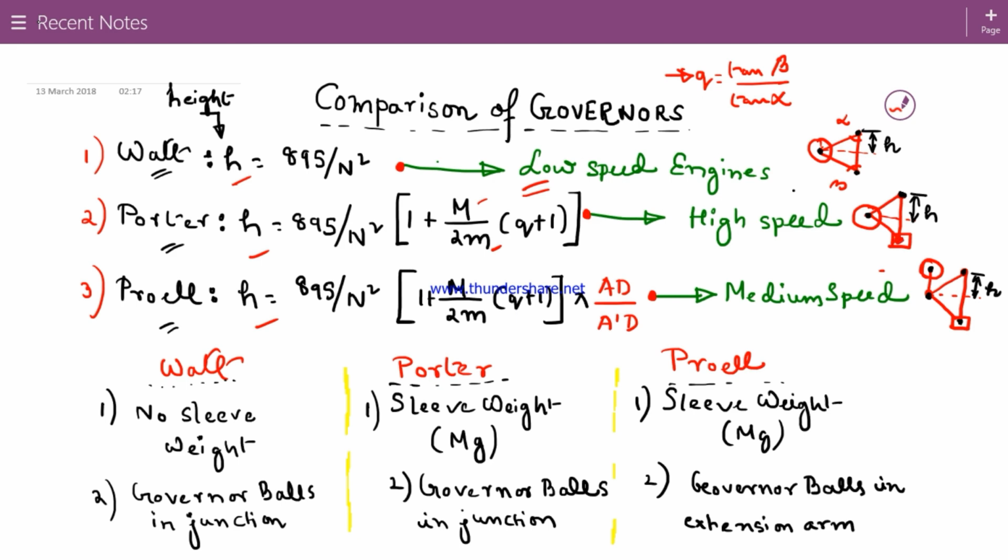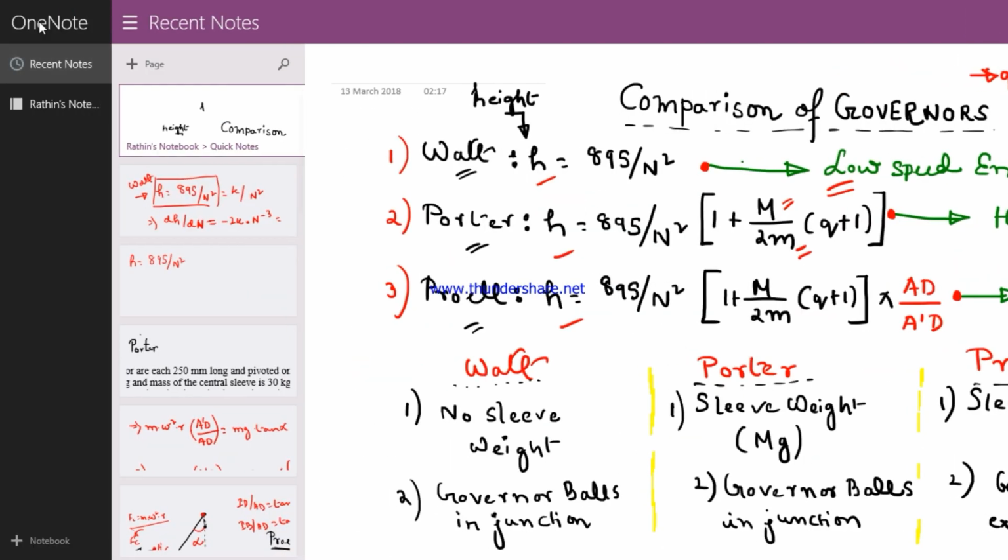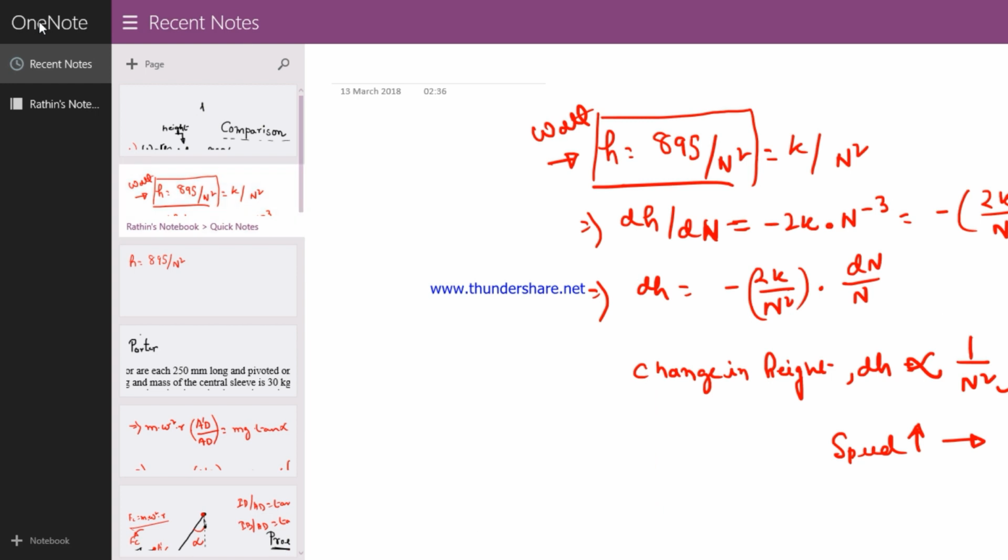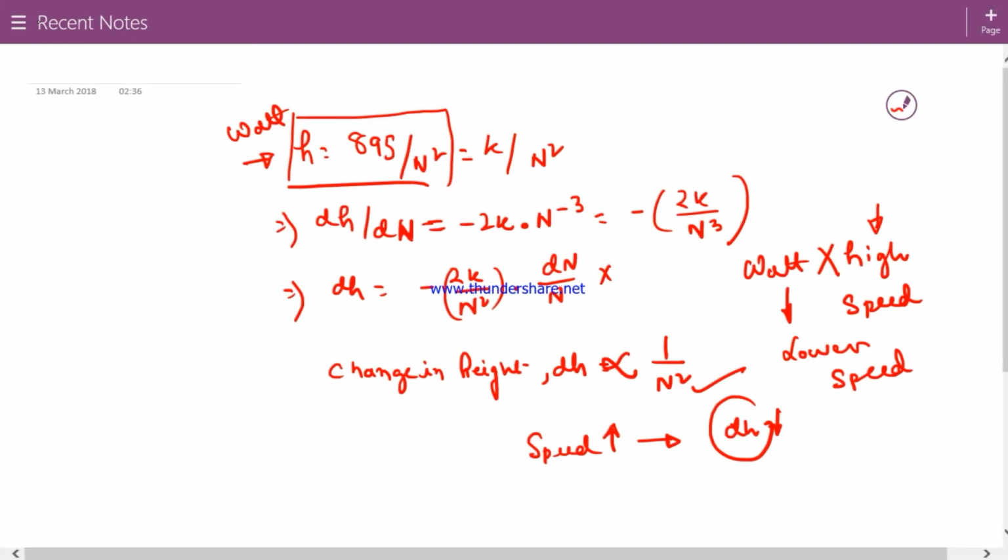You can see this on the right hand side. I'm sharing the right hand side in both the Proell and Porter governors. If we increase the ratio capital M by small m, we can actually control and increase the speed. If we go back to the slide, this one, see, along with it,